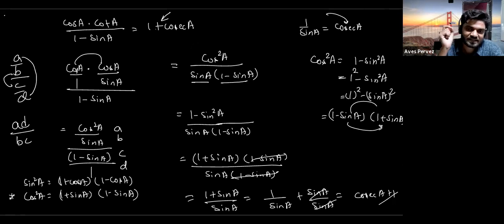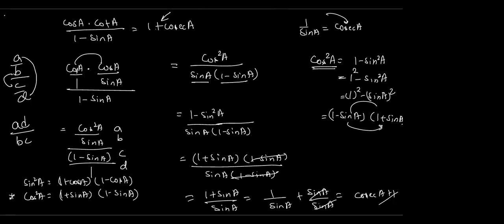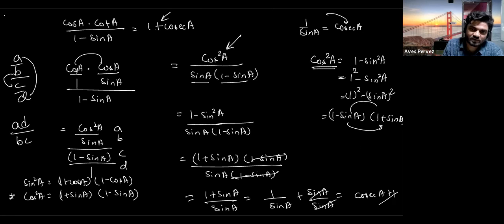Whenever you see this is cos square a, you have to split it in the form of plus and minus. You can split it by using the simple identity that cos square a is equal to 1 minus sin square a. And how do you get it? From the identity sin square theta plus cos square theta is equal to 1. So cos square theta equals 1 minus sin square theta, as this goes to that side and becomes minus. Got it? Yes, sir. So in place of this one, I have written this one.